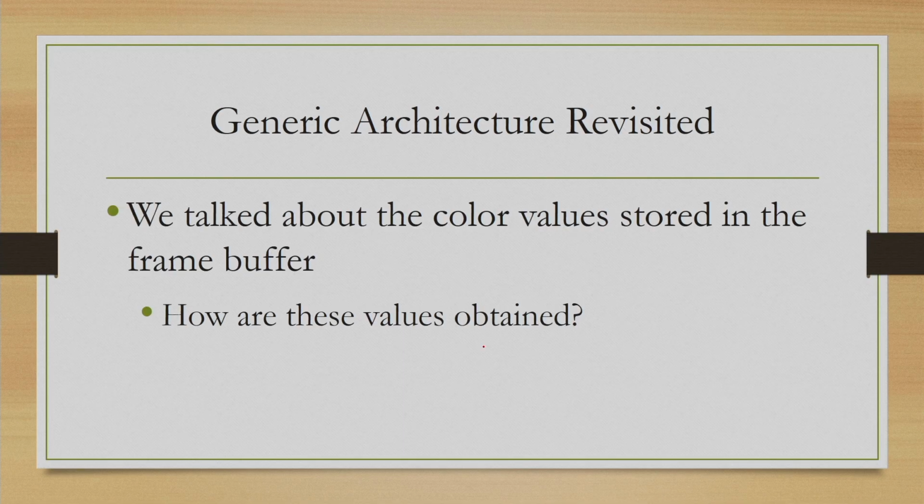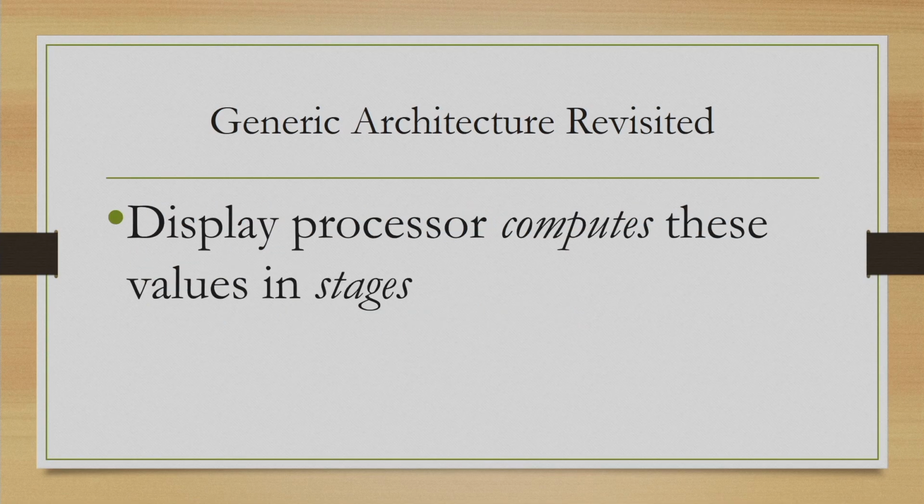Now, in this generic architecture, as we said, the display controller generates a representation of an image. What does that representation contain? It contains some color values or intensity values in a specific format, which ultimately is used to generate the particular sensation of color on the screen. Now, from where are these color values obtained? Let us try to go into some details of the process involved in generating these color values.